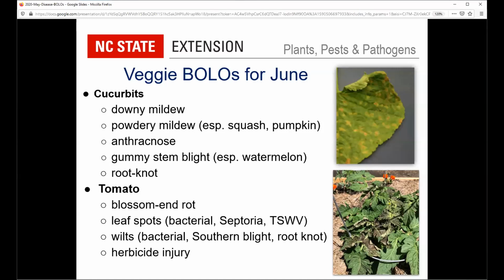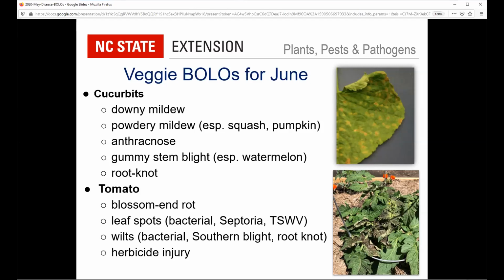Well, blossom end rot, of course, especially on those first clusters of fruit that aren't getting enough calcium. Various leaf spots, including bacterial spot, septoria leaf spot, which is a fungus, and tomato spotted wilt virus. The photograph in the lower right there was from a homeowner who submitted his image of a tomato sample. You can see not just a few spots, but quite a bit of spotting there on the young foliage of the tomato. That is a virus that's brought to the tomato plants from thrips